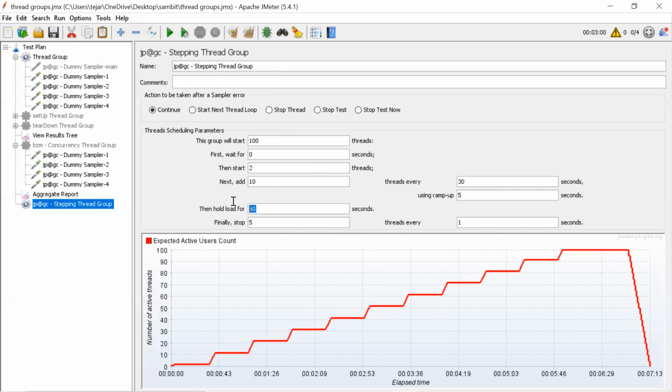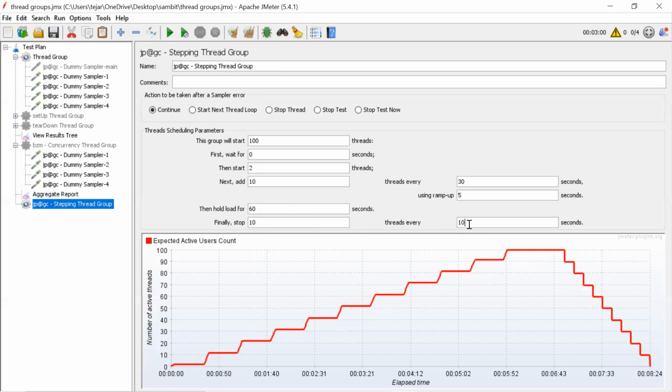Okay. So here we can ramp down as well. Because with the thread groups which we have used before, there is no ramping down. But here we can control the ramping down as well. So what I'm saying is, I will remove 10 threads every 10 seconds, so slowly it will come down. Otherwise it will kill them in between.